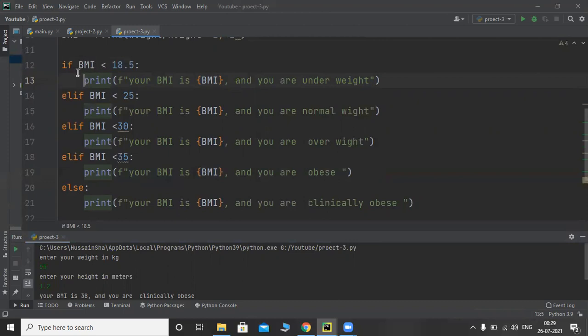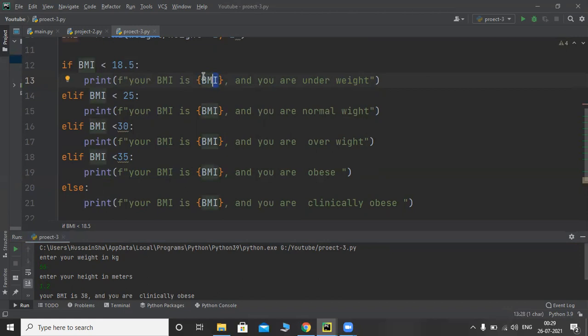So this is about if and elif. If this is not true, it will check the next. If this and these two are not true, it goes to this, and for all remaining conditions it will go to the else block. Coming to this code, this is an f-string. Inside the f-string we are passing the variable BMI.